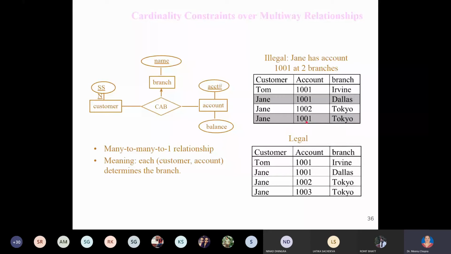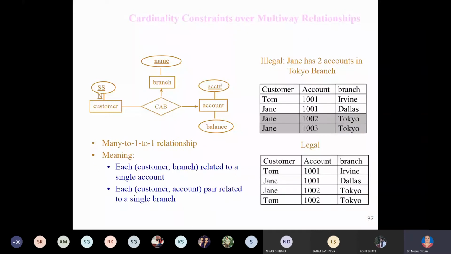So it depends upon what kind of schema and database design you have been asked about. In both ways it can be possible. Fine. Similarly, it can be possible that Jane has two accounts, like in this one case study. Now Jane has two accounts in the same city with a different account number. So that can also be possible.